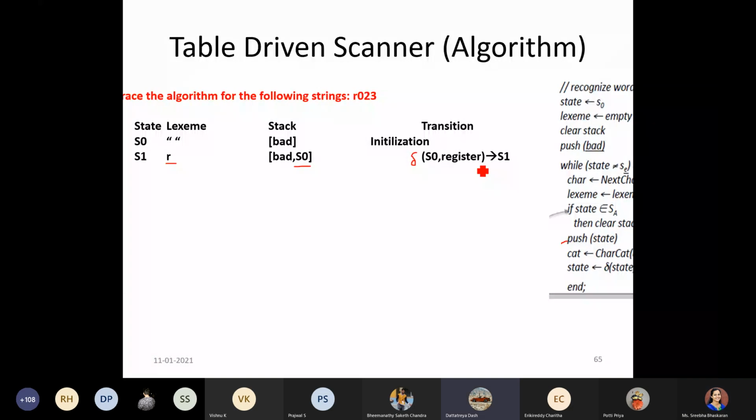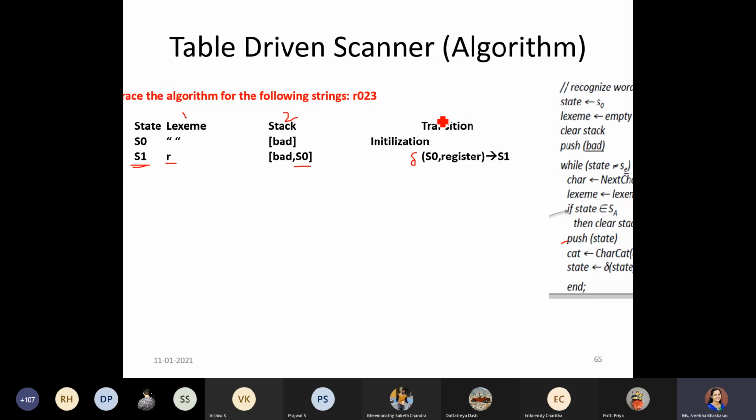Hope you understood the order: first the lexeme has been done, then the stack we have updated, then we look into the transition table as well as the classifier table, and the final one which we have updated is S1.